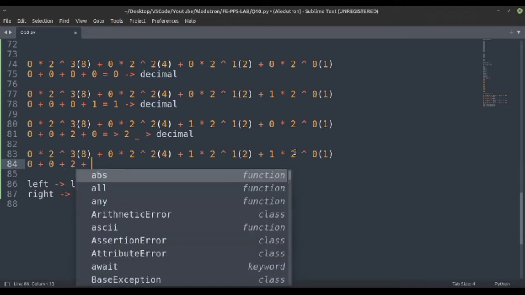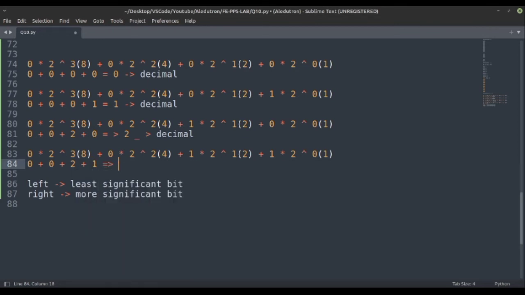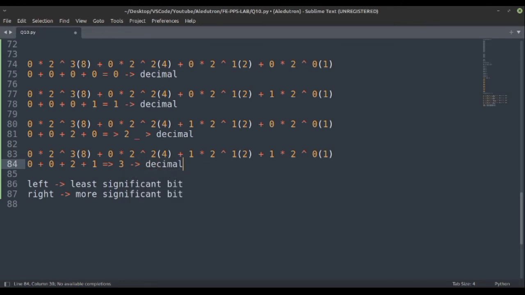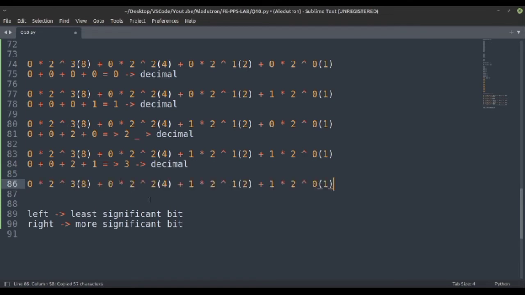After that 1 into 1, so it would give us 1. So basically if we add this all, it gives us 3, which is correct in decimal. So here we got 0, then 1, then 2, then 3. Similarly, if we take more numbers, it would give us the same thing.